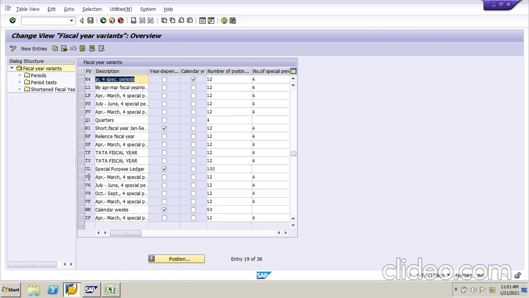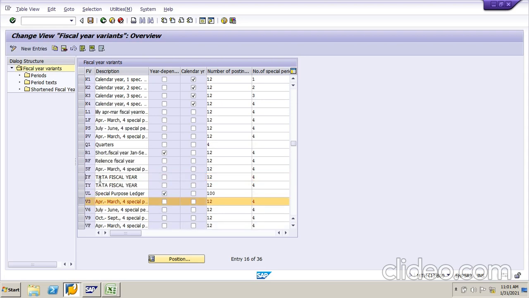This is the Indian default posting period, April to March with 4 special periods. Okay, so we need not create any new posting period. If you require the same, just select this one and click on copy. Using this you can create your own posting period variant. I'm not creating a new one because we already have one posting period variant for April to March, so I'm not creating any posting periods now.